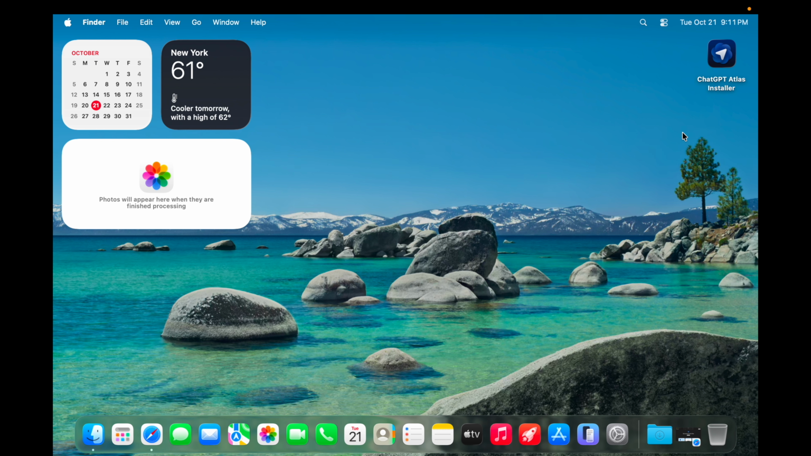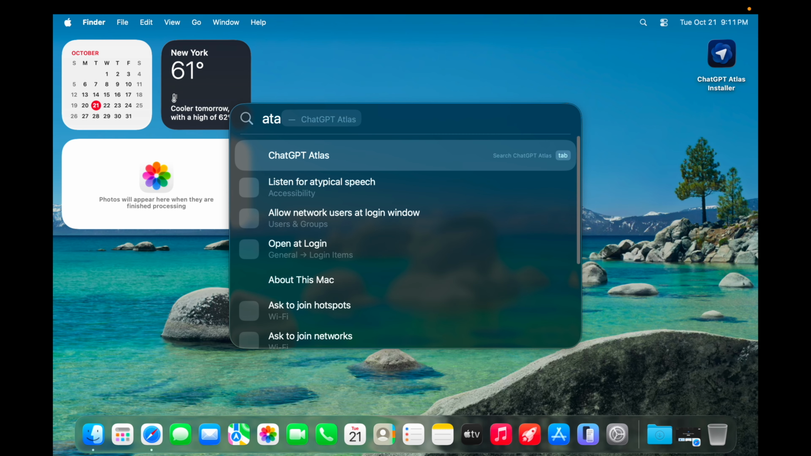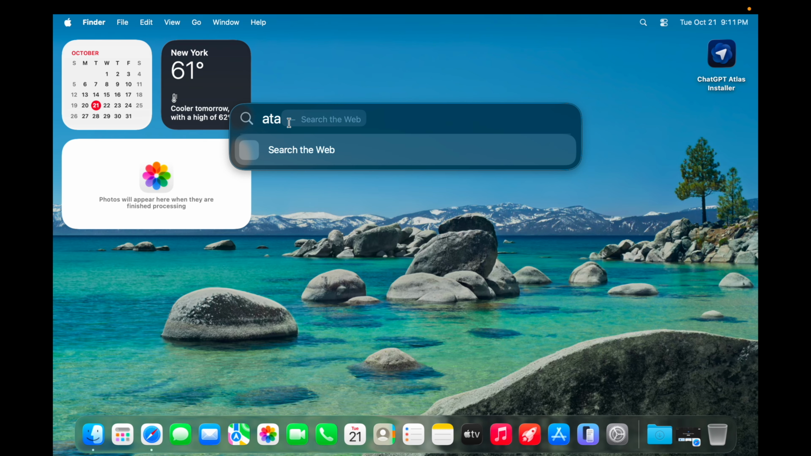Now let's try to run it to check whether it is working properly or not. We can go to Spotlight search, and then start typing Atlas, and very shortly if you start typing ATA, it will try to